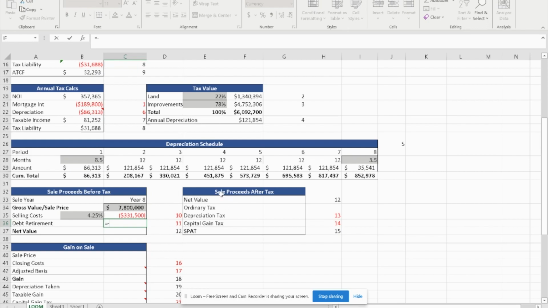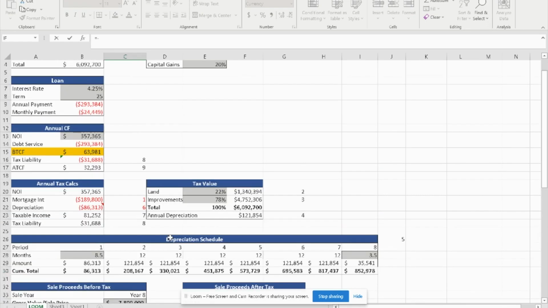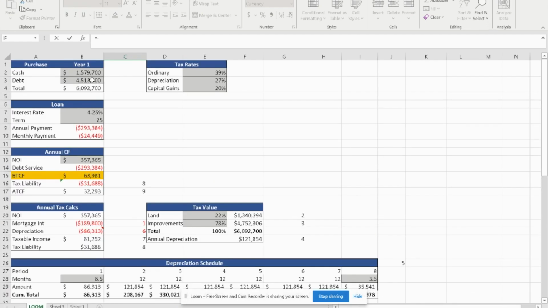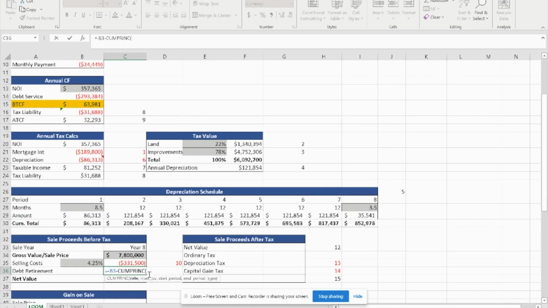The debt retirement, we've been doing the function for quite some time, but it is a very lengthy function. So I'm going to slow down. If you want to pause the video to calculate your debt retirement after 8 years, it's going to be the actual debt amount minus the cumulative principal, and we're going to calculate the rate, which I believe was